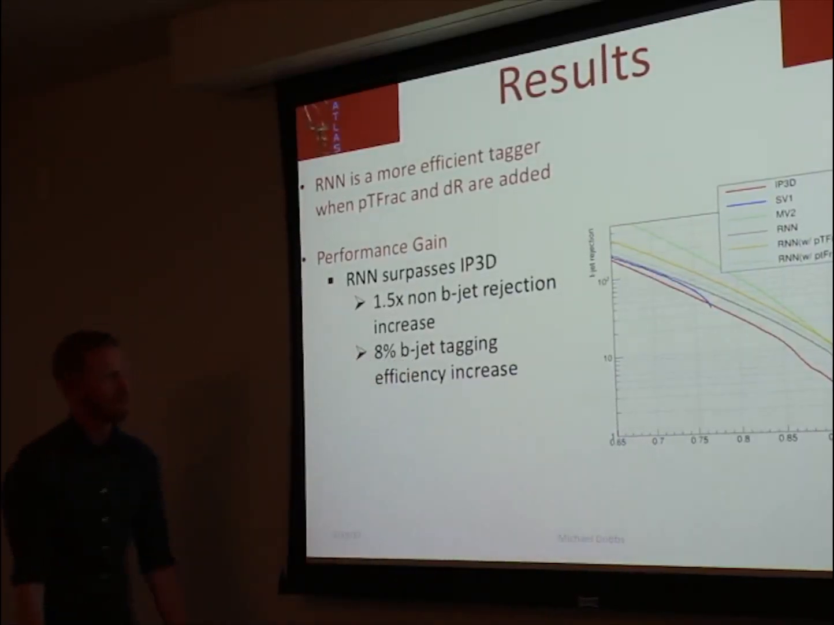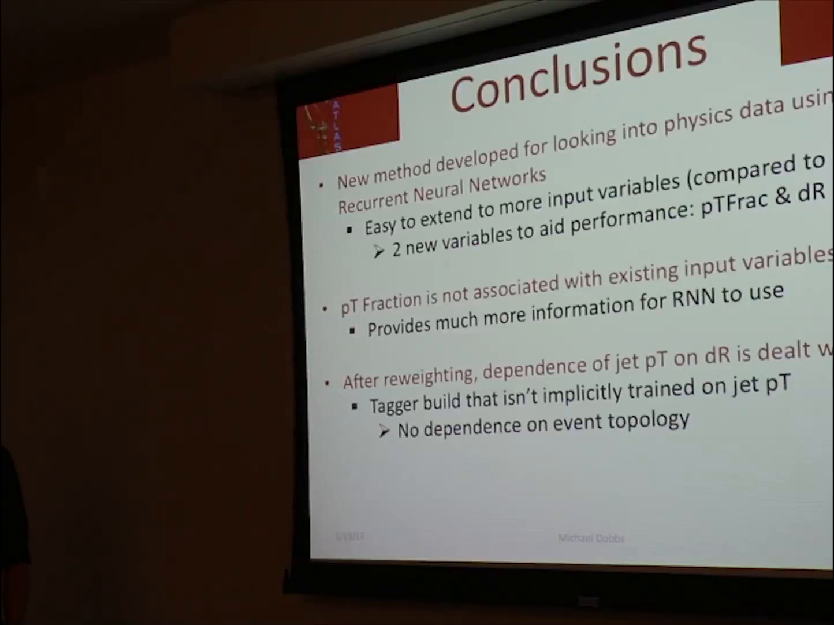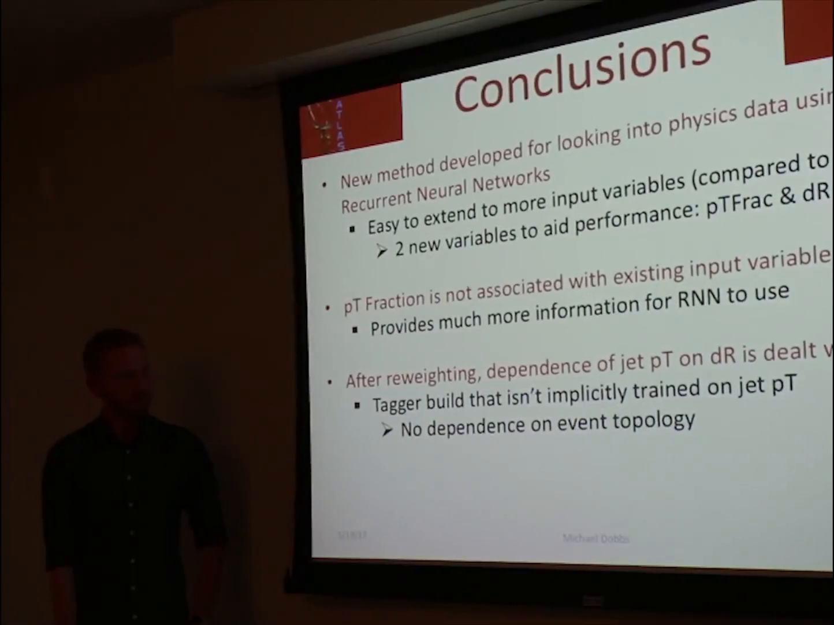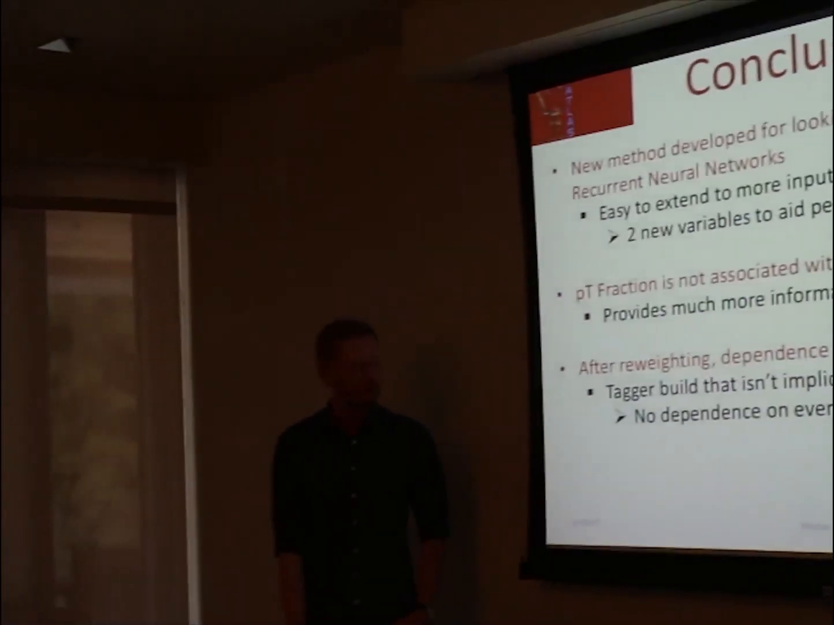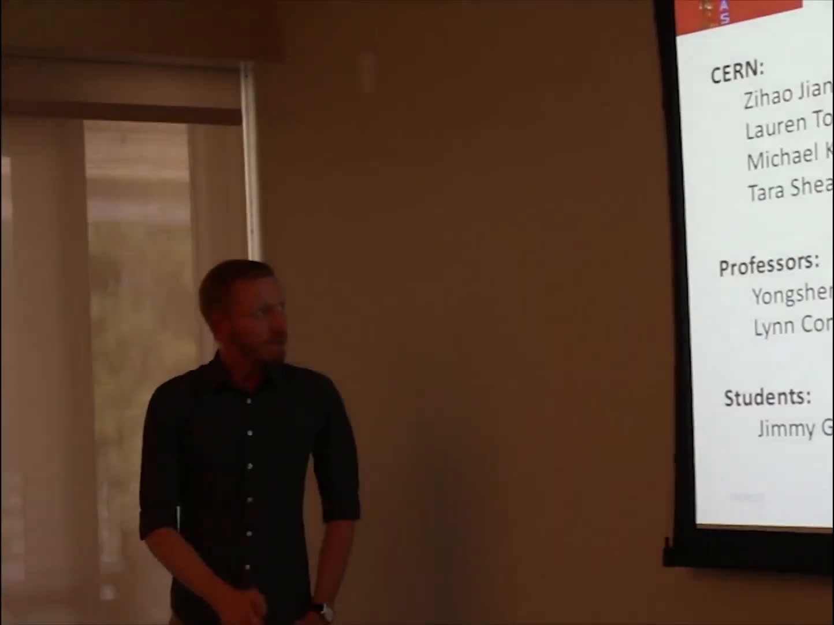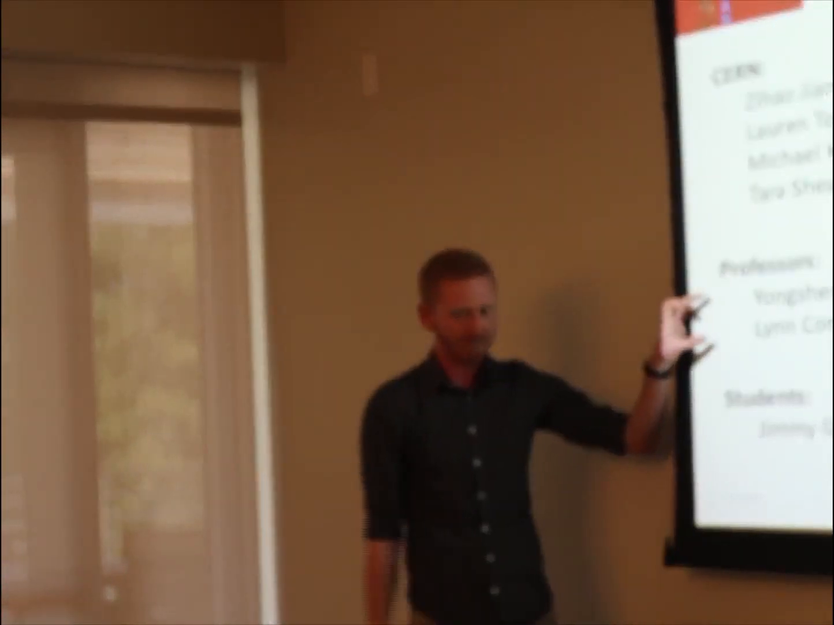So, in conclusion, we have a new method, recurrent neural network, for identifying particles, and I ended up coming up with 2 different variables that we could input into the algorithm and get a better approximation to the data. So I wanted to thank my advisors at CERN, some of the professors here that helped me through the process,